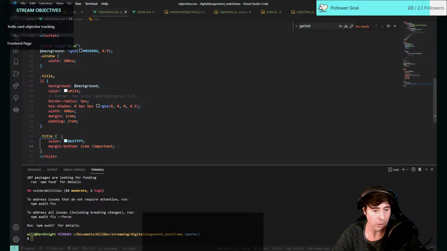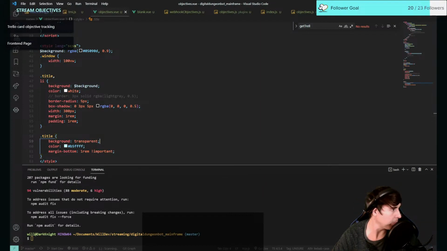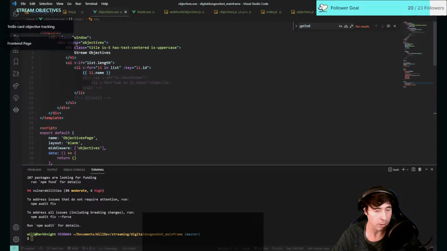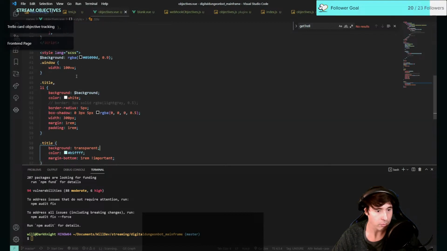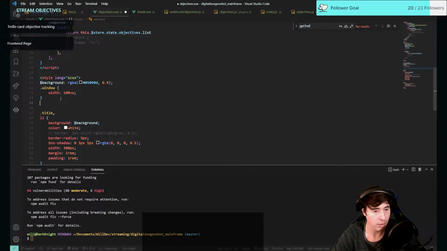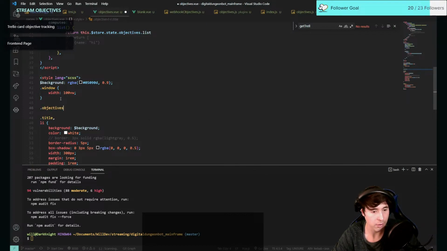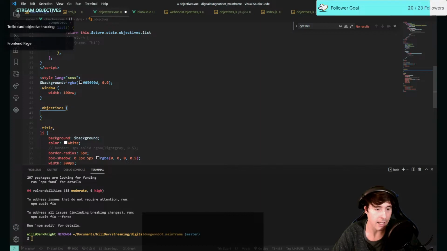Okay. I wonder what's gonna happen if we just do a background transparent. Wonder what that's gonna look like. Is that gonna be a problem? And then what if we did this, guys? What if we did objectives? We went and took the objectives, dot objectives, and made that the same thing as background. But instead,